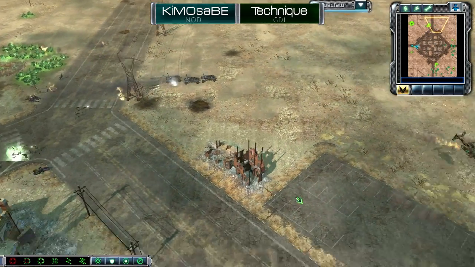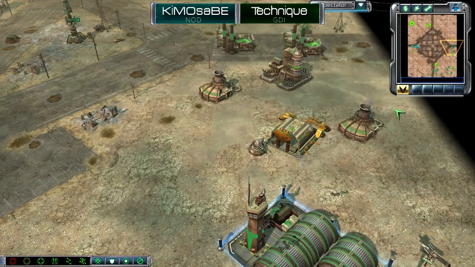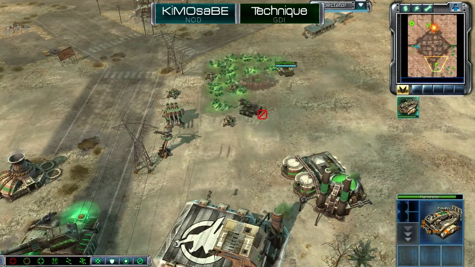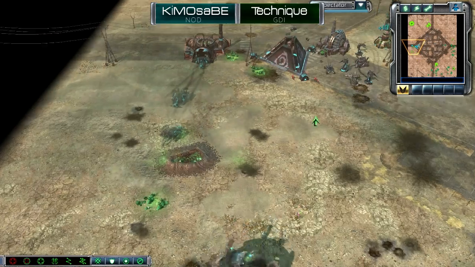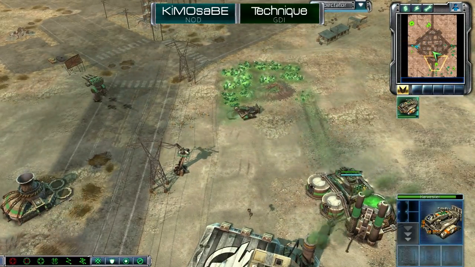Just kidding, 3 Orcas do go down, so a huge mistake out of Technique in the late game where there is not a lot of Tiberium left on the map. Although he's just now going to be harvesting this kind of original field, I guess. I was going to say the middle field, but it is definitely the original field for Technique, and he's going